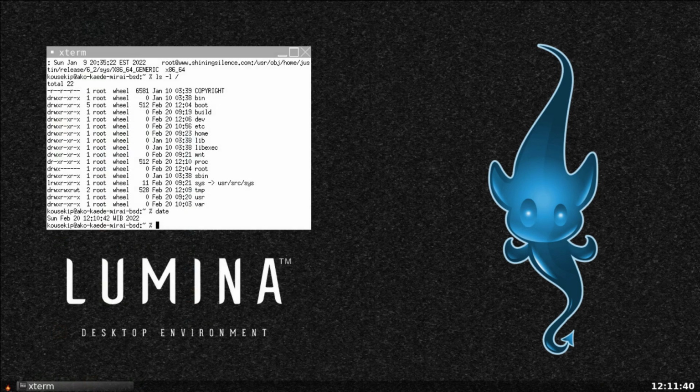Lumina Desktop Environment, or simply Lumina, is a plugin-based desktop environment for Unix and Unix-like operating systems. It is designed specifically as a system interface for TrueOS and systems derived from Berkeley Software Distribution, BSD, in general, but has been ported to various Linux distributions. Created in 2012 by Ken Moore, Lumina was initially a set of extensions to Fluxbox, a stacking window manager for the X Window System. By late 2013, Moore had developed a graphical overlay for Fluxbox based on Qt4 and had created a utility for launching applications and opening files.